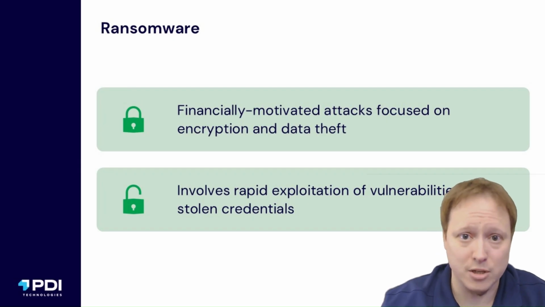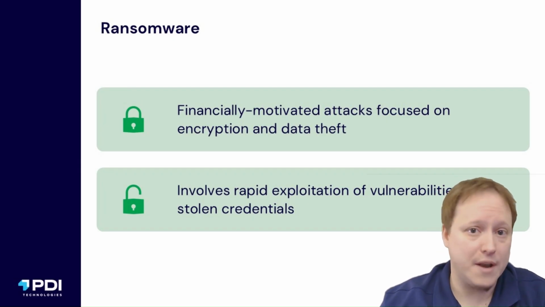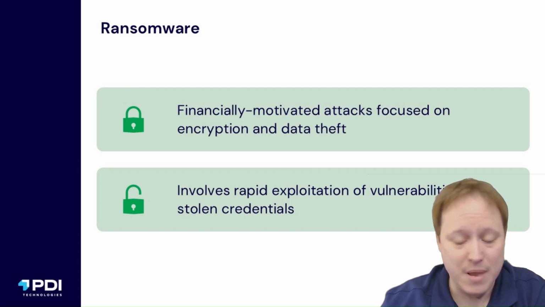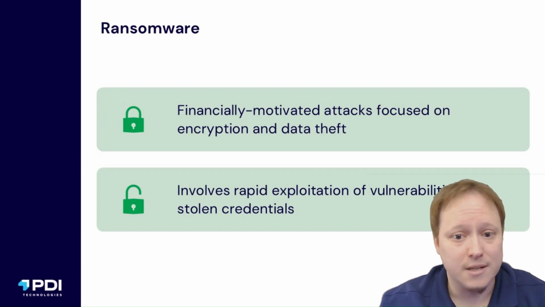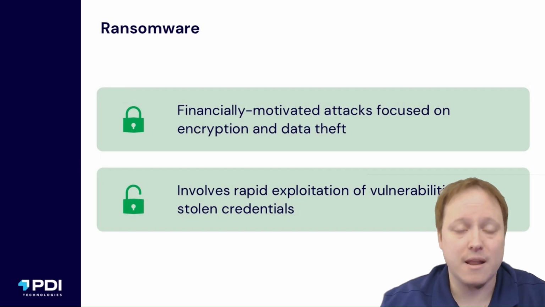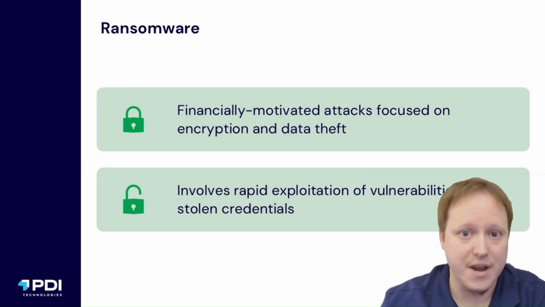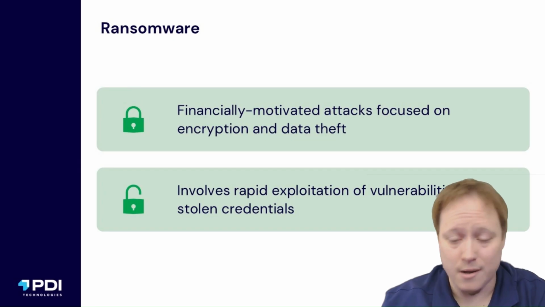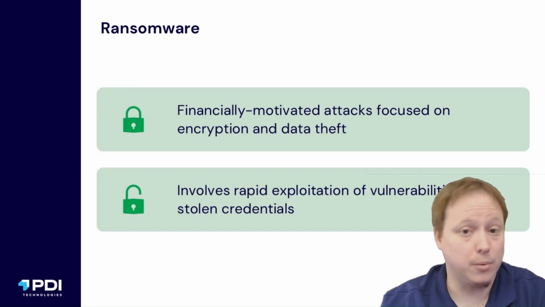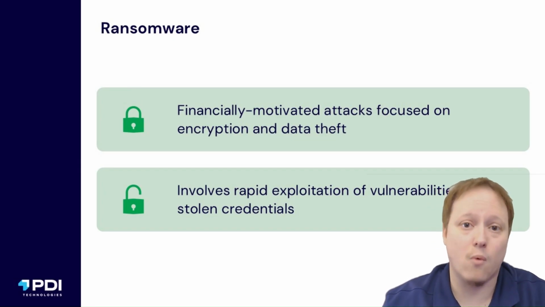Once persistence is established, they begin to look at what's on the network, what data is sensitive, is there PII, is there internal documents, all those different things like that. Gather up as much of it as they can, and they exfiltrate all that data off of the network. Once that's exfiltrated, they then turn around and they deploy their encryption and encrypt the entire network, effectively shutting it down.